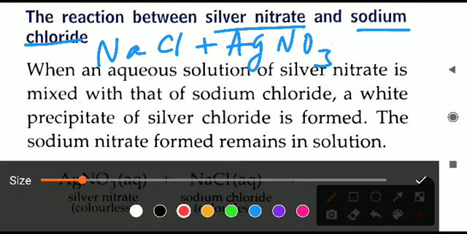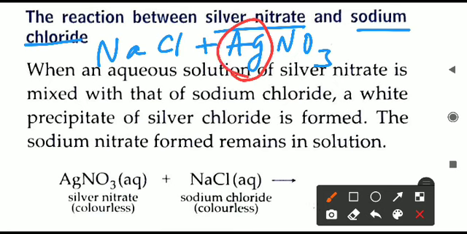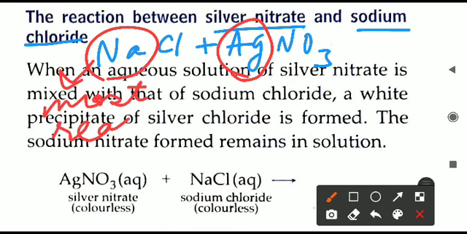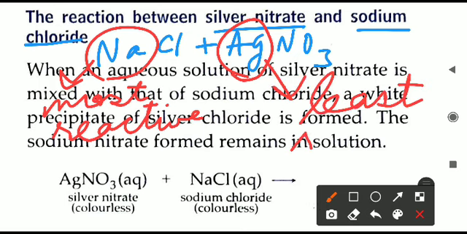The metals, which are the metals here? Two metals are there. One is silver metal, another one is sodium metal. Now, based on the activity series you have seen in the previous discussion of the displacement reaction, sodium is what? Sodium is most reactive, one of the most reactive metals. Silver is what? Silver is one of the least reactive metals. So the one which is more reactive, which is stronger, what will it do? It will move and displace it. Sodium will move and remove silver from its position.